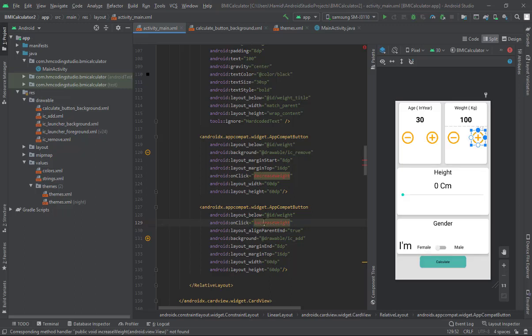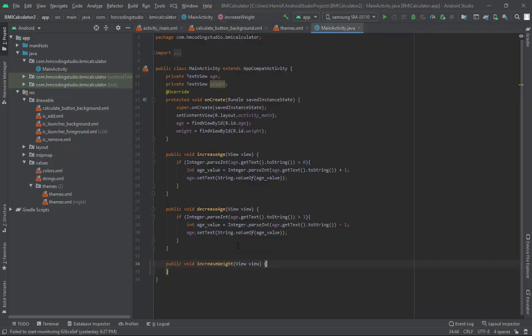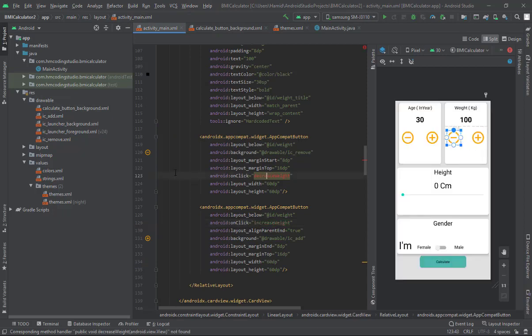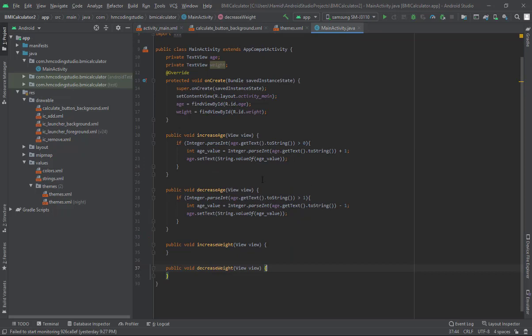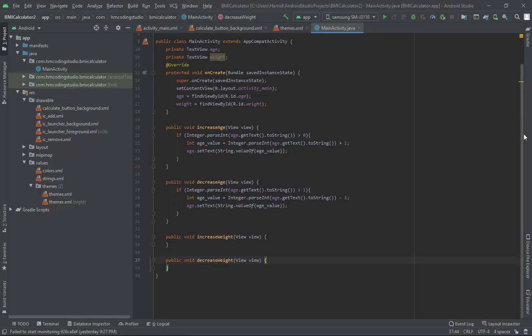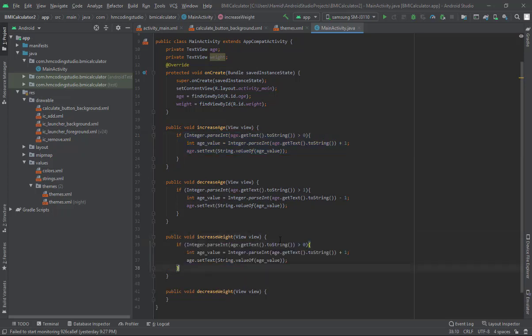And let's create this method inside our main activity by clicking on this icon, and then create the increase weight inside the main activity. And in the same way, click, and then create decrease weight. The process is the same, just all you need to do is to copy this value, copy these lines of code, Ctrl C,